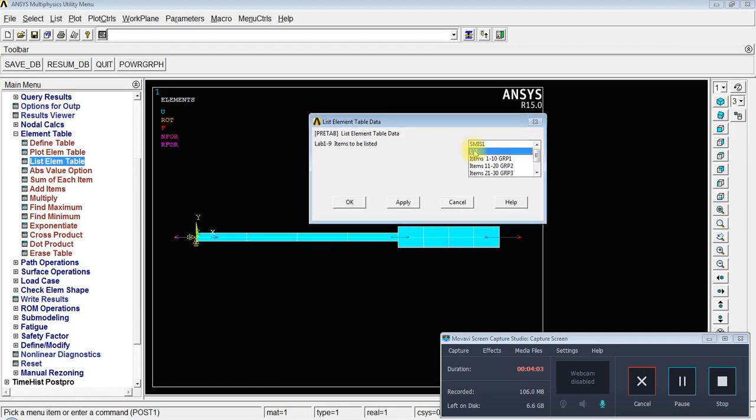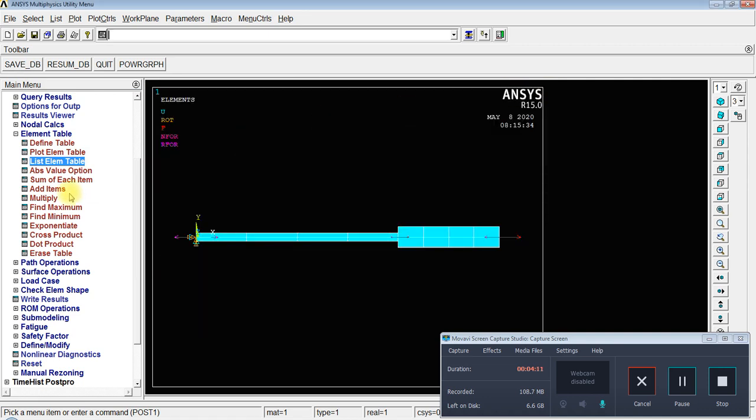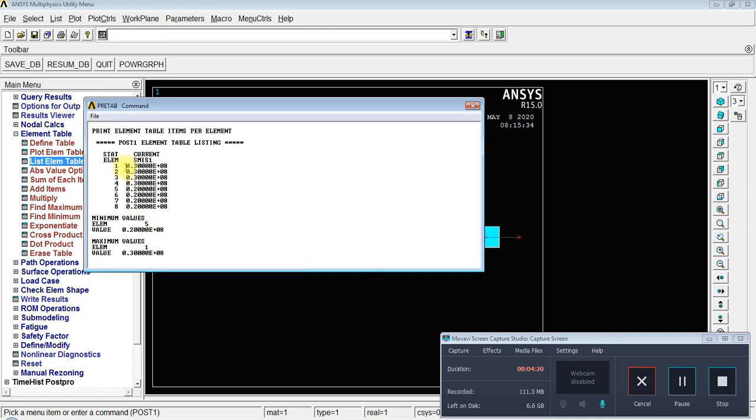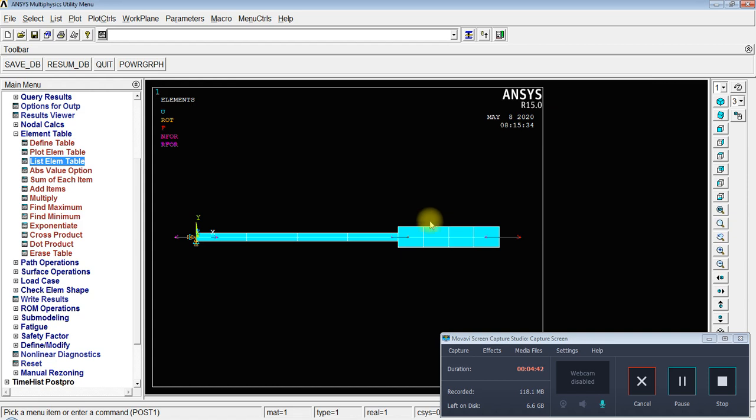List the table LS1. Okay. So for every node they have shown the strain. Similarly, I can find out SMIS1. Okay. We know total force is 3 unit. 3 into 10 to the power 7, and force for first element is 2 into 10 to the power 7, or 0.2 into 10 to the power 8, both are same thing. So the results which are not shown by the default value, we can obtain from here.